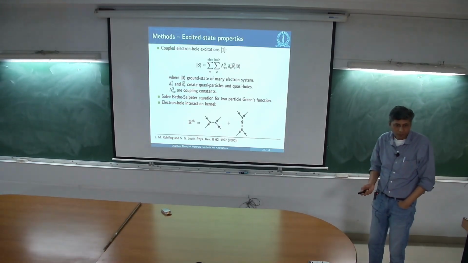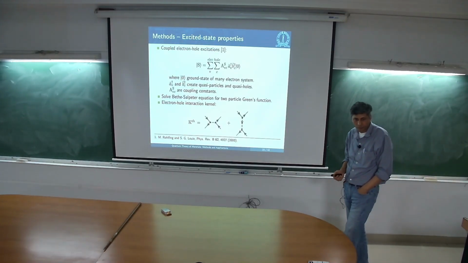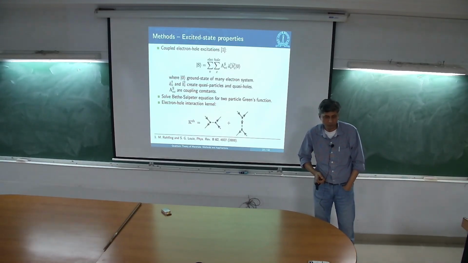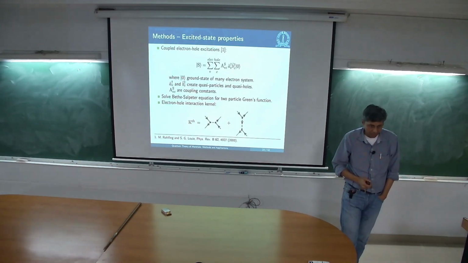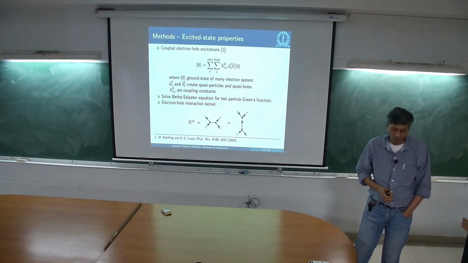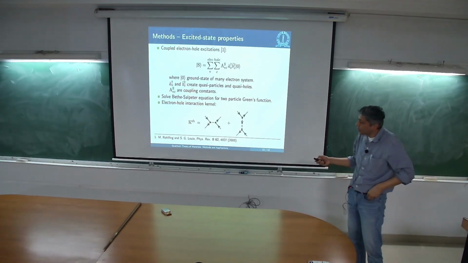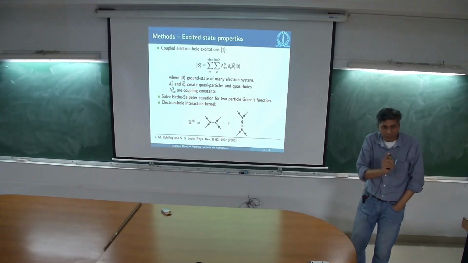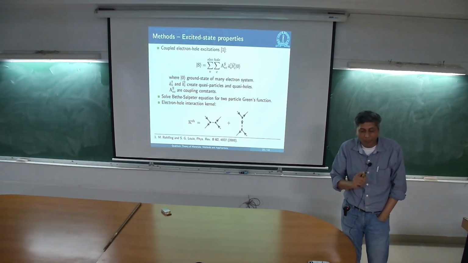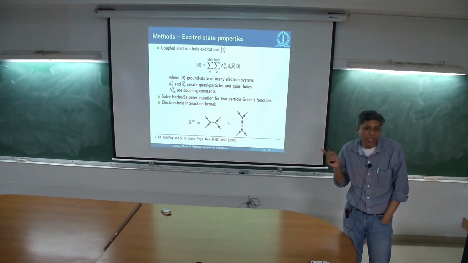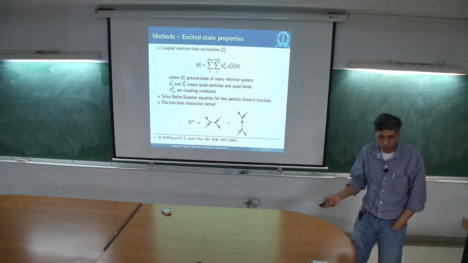So what another question? Yeah. Whenever you talk about Green's functions, their poles are very important. Whether you have discrete poles or continuous poles. That's correct. In this case, we are mostly looking at the bound state, so they are discrete, right? But even in the continuum, it turns out it's okay. This works out very well. I'll show you the result for this.